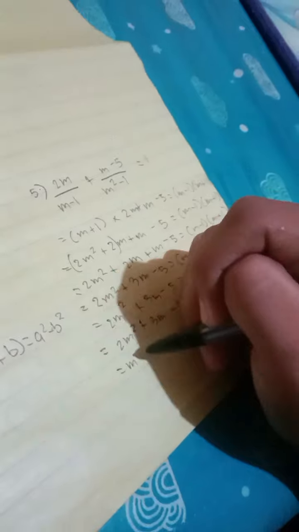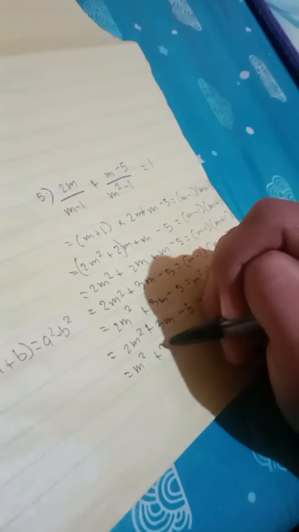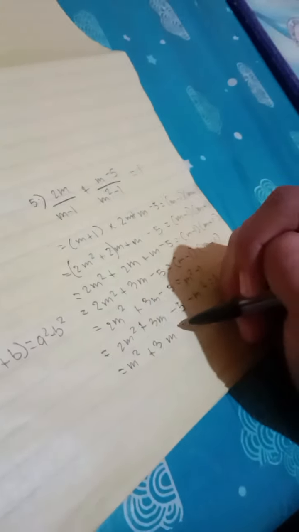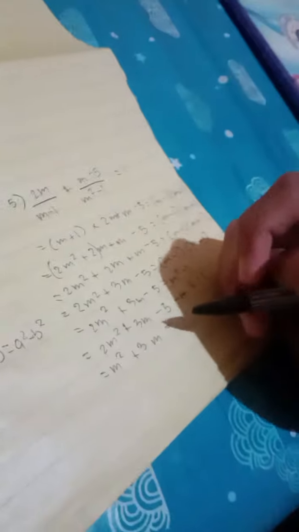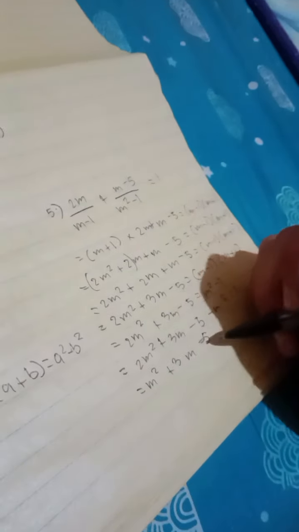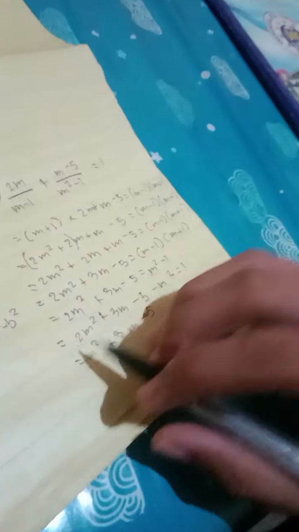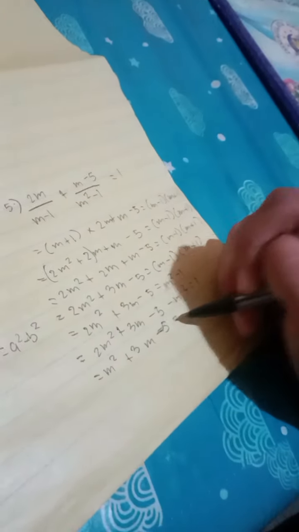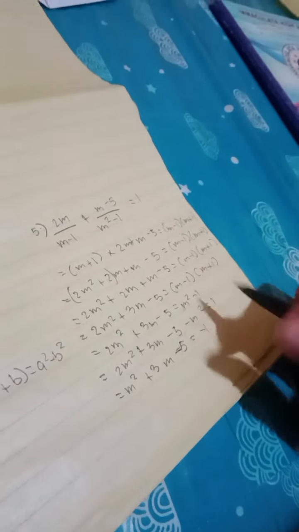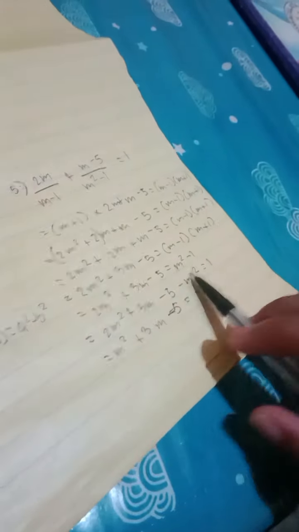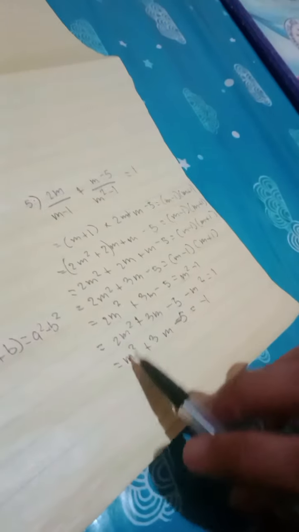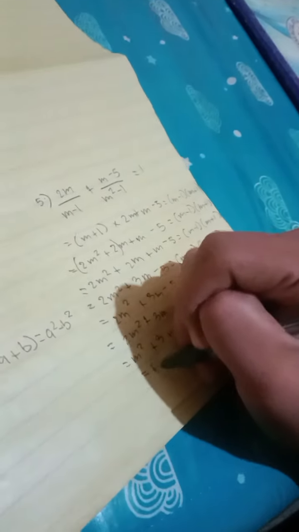So we can turn to this: m squared plus 3m negative 5 equals negative 1, since the 2m squared is gone, and then add the 1 to both sides, so it will combine to this